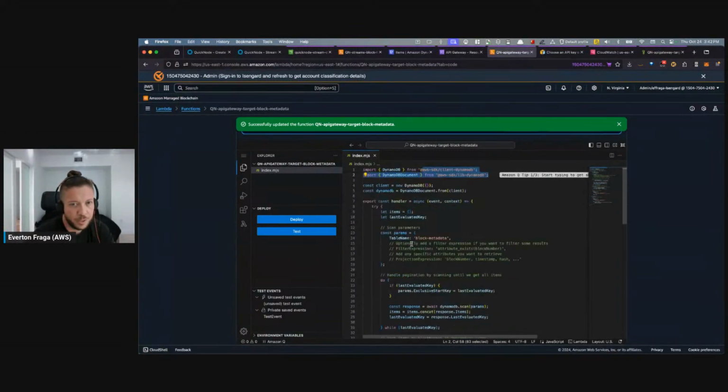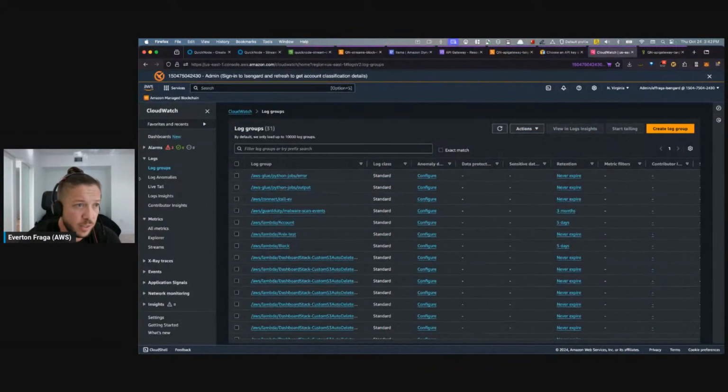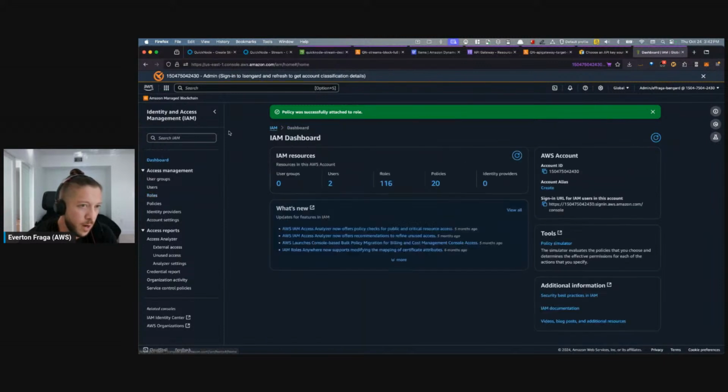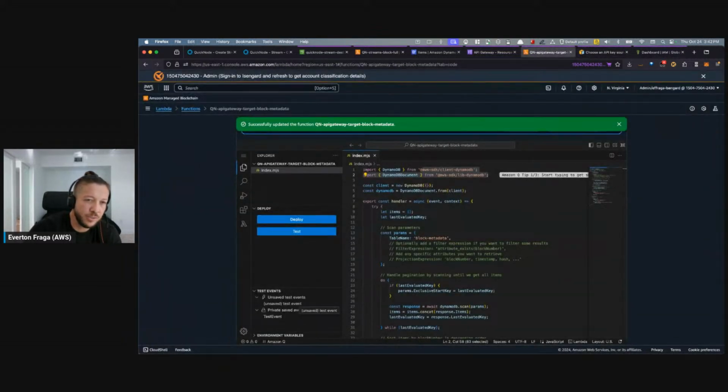There are many options, but I chose to write my own Lambda function for greater control. And then you have things like CloudWatch. You can basically see the logs of several of those services, right?